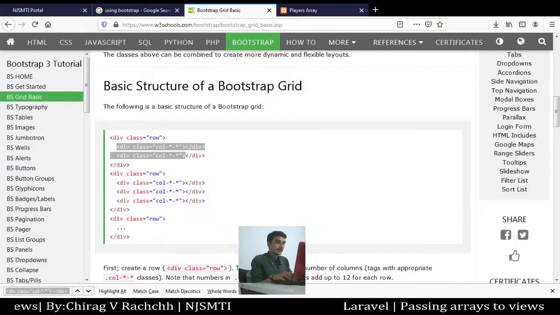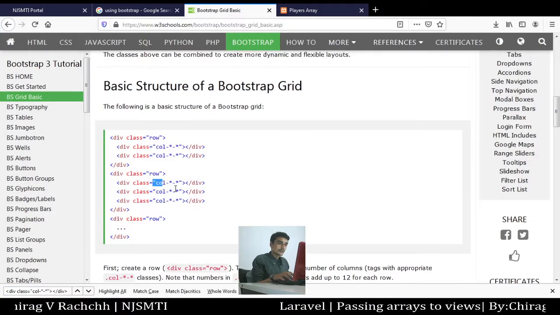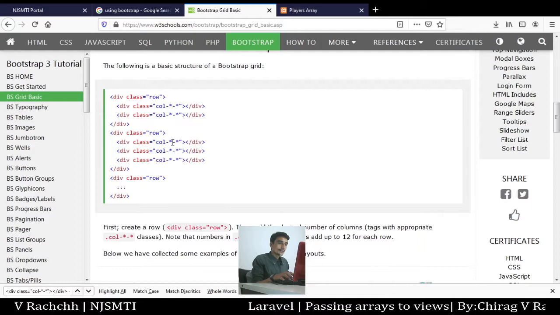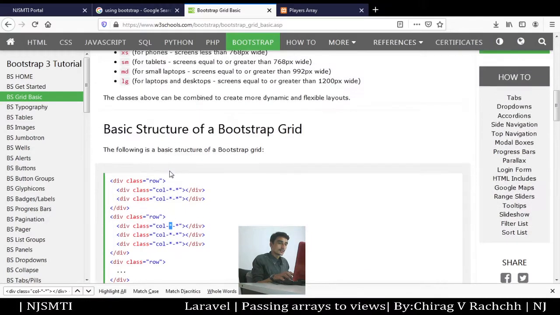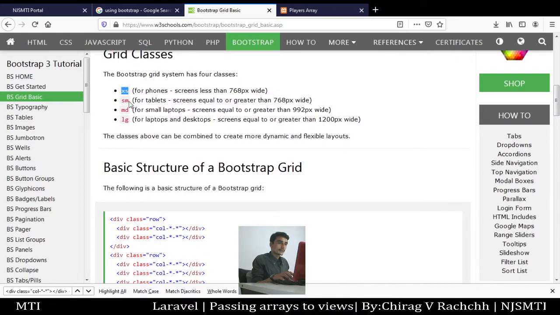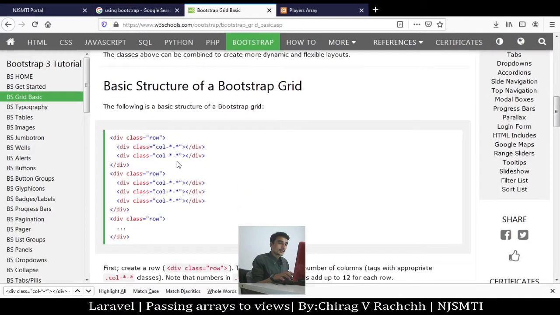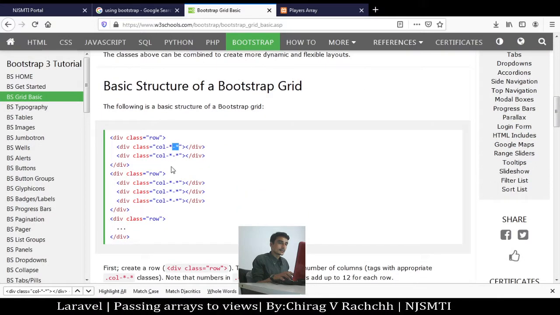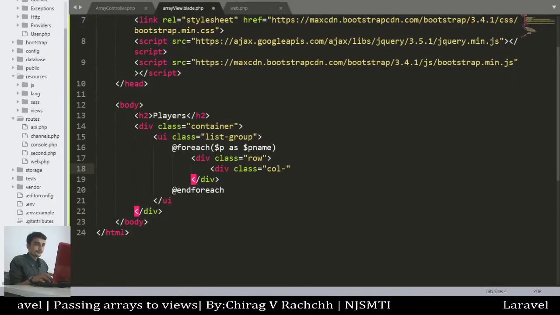In the class for column, we have to write col, then something, then dash, then something. This something is any of the elements from this. We will use sm, col-sm, and then the column span. We will use 2 column spans.